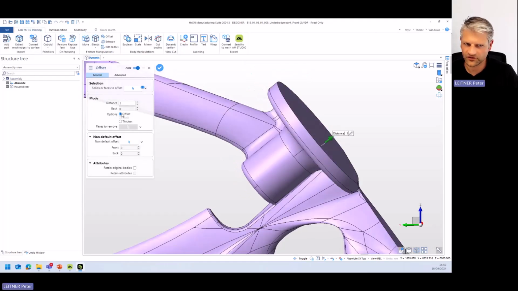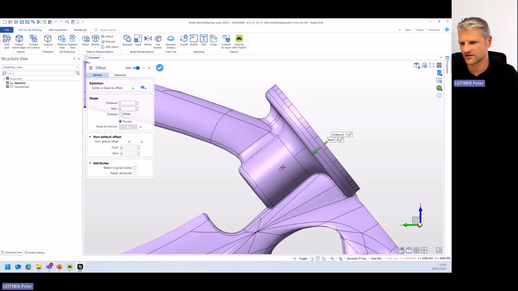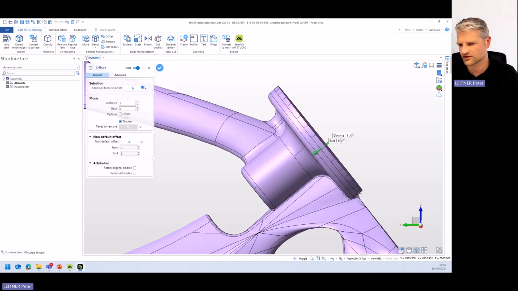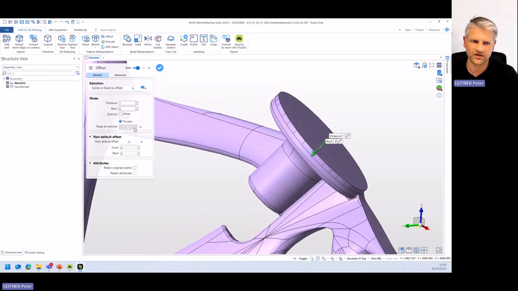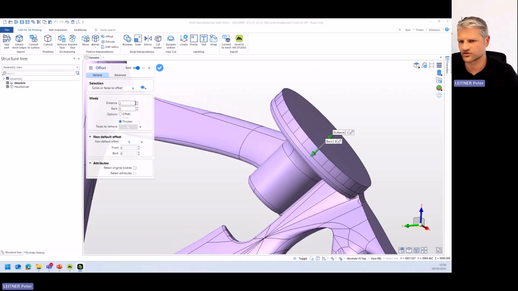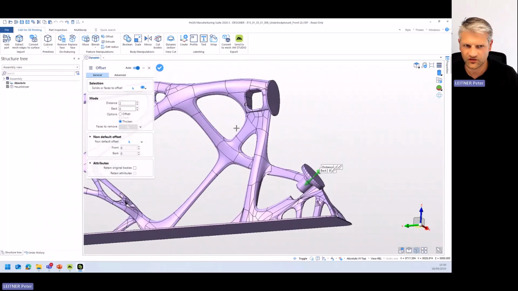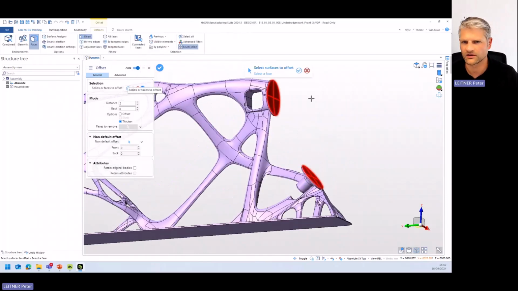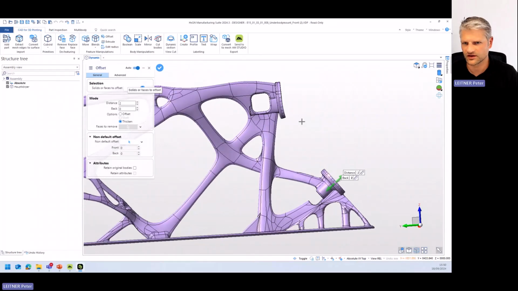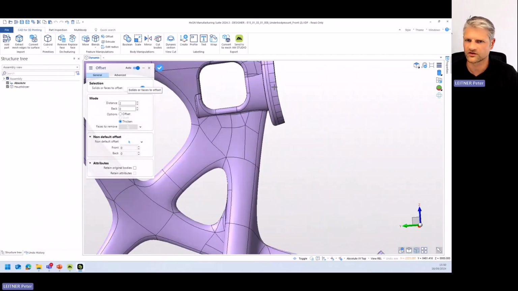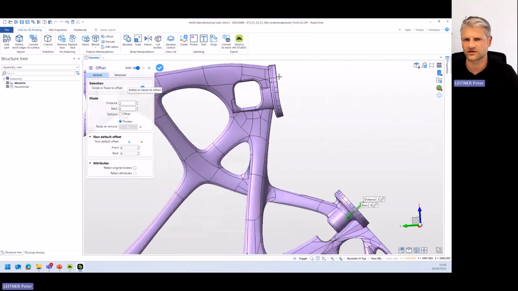And now I have offset the variable and thicken. Offset is doing exactly the same as the move, but the thicken is now not taking into account the neighboring surfaces, and it's simply doing an offset onto your surface in the normal direction of the surface. So this can be done on that surface and as well on that surface here. And as you can see, it's doing this offset in the normal direction of the face, and so the shape is also